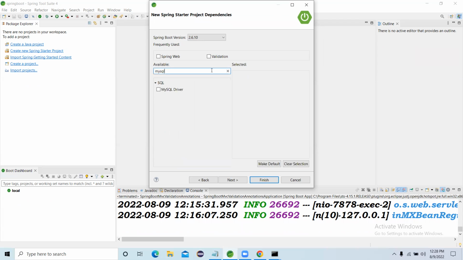One is MySQL. I'm using a MySQL database here. You can also use Oracle, Postgres, etc. These are the SQL relational databases. Then we are using the